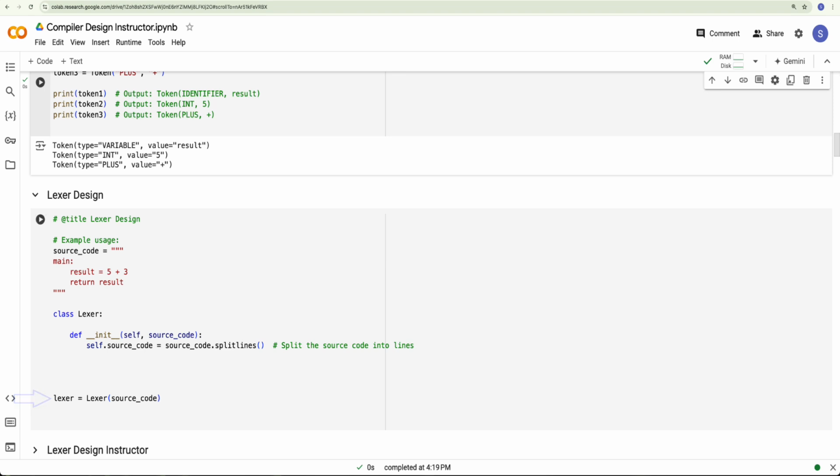This line creates a new Lexer object and passes our source code to it. During the object creation, the init function of the Lexer class is automatically invoked. The init function is like a constructor. It sets up the initial state of the object. In our case, it takes the source code, splits it into lines, and prepares the Lexer to start working with